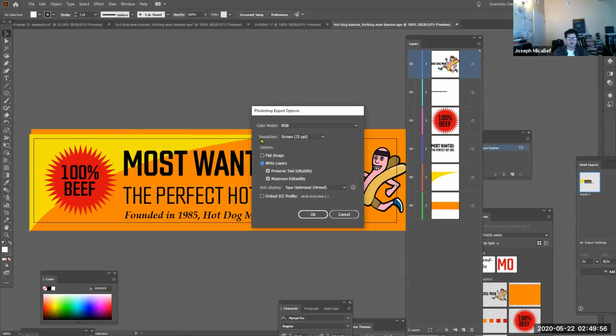So here under resolution, you want to think about what you're using it for in Photoshop. So if it is a web banner, you can set it at 72. You could also maybe set it at 150 and then play with it at a larger scale. But you don't want to go up to 300. That's just too much. It'll just create a big file that has more pixels than needed for what you would use for a web-based project or something that you have for a screen-based project like an animation or a video. So the standard though is 72. So I'm going to hit OK,